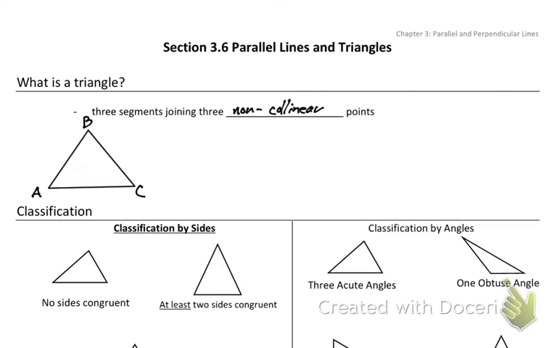When you name this triangle, so let's talk about its name. You're just going to put a small little triangle, and you're going to pick any order of those 3 letters you want to. So this could be triangle ABC. It could be triangle BCA. It could be triangle CAB,